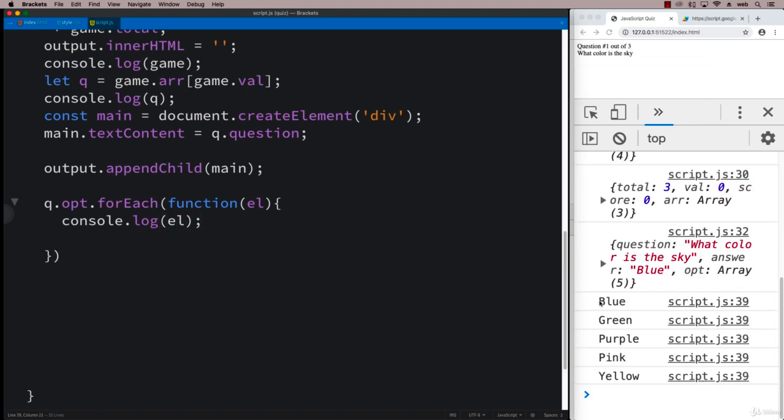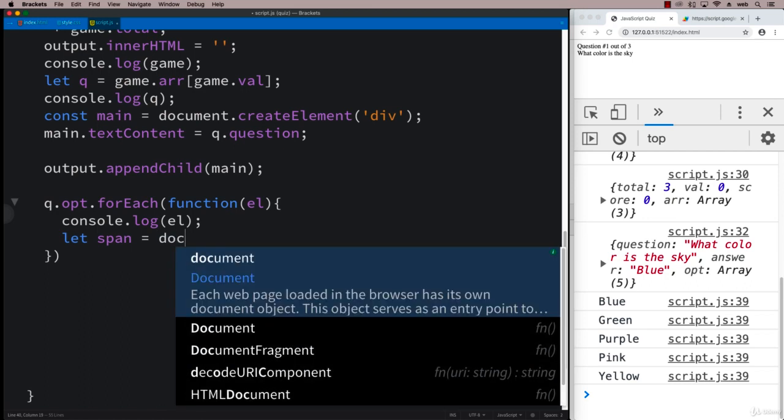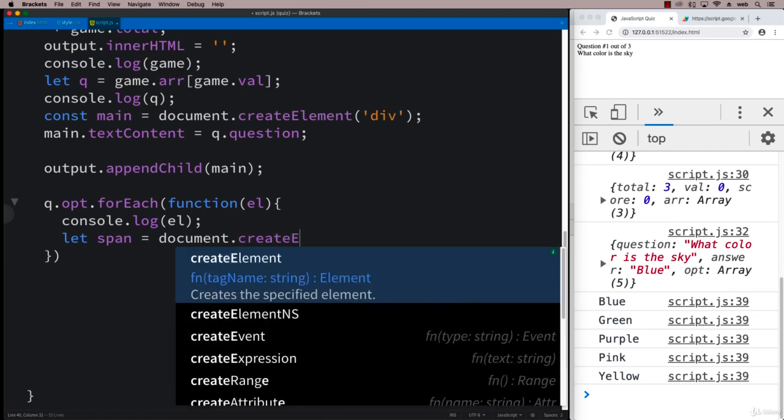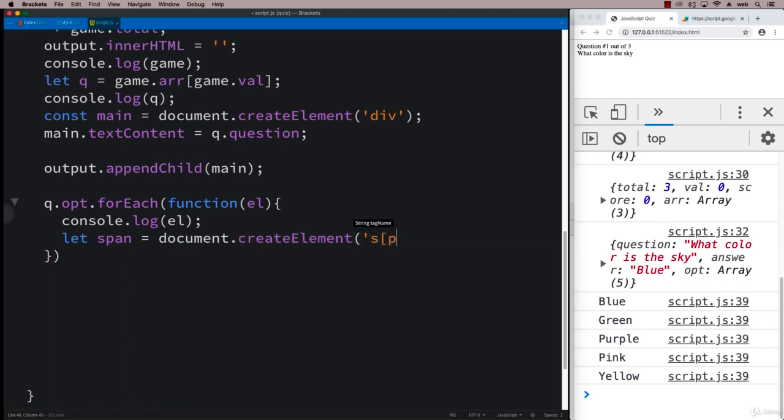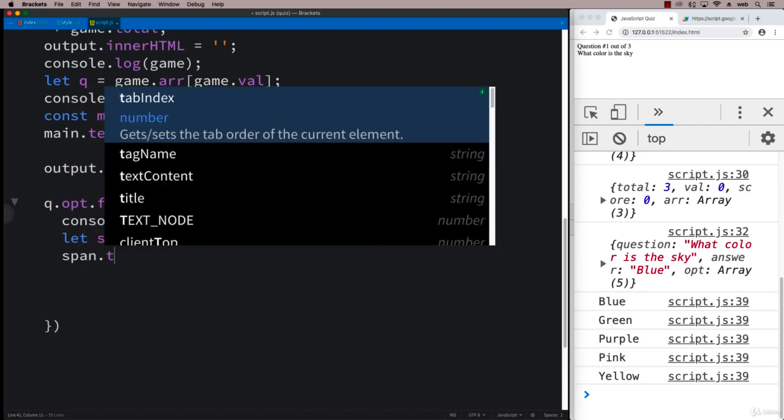So you can see as we loop through, these are all of the options that are being output. So blue, green, purple, pink, and yellow. So we're ready to create an element. And in this case, let's create a span, using the same format where we're using document.createElement and creating a span. And then within the span, let's load our text